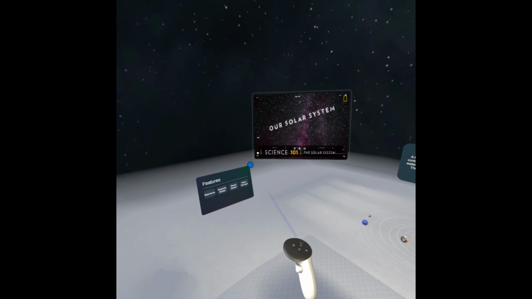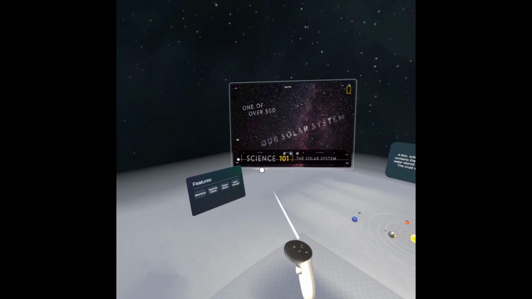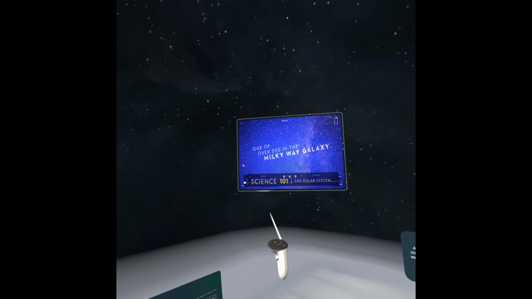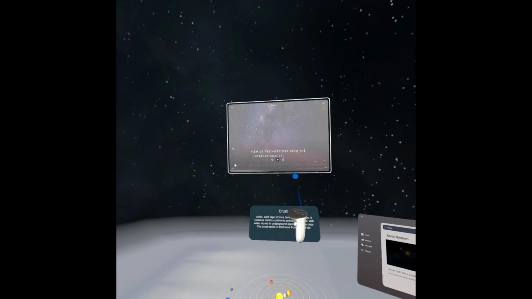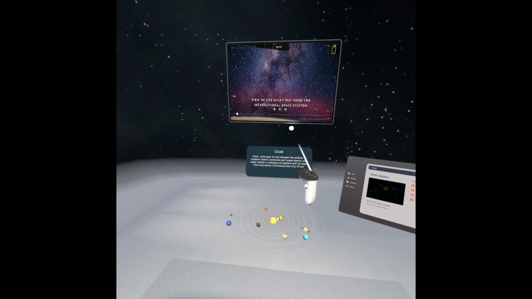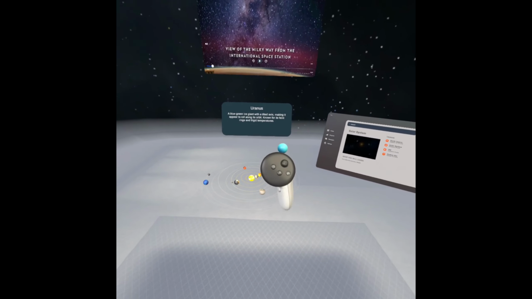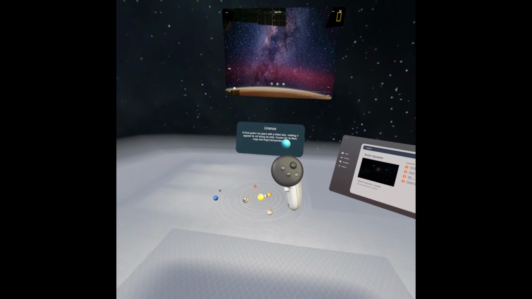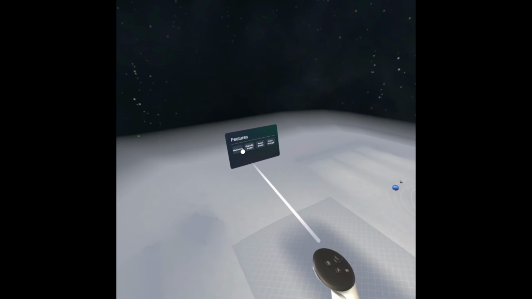Our solar system is one of over 500 known solar systems in the entire Milky Way galaxy. The solar system came into being about 4.5 billion years ago when a cloud of interstellar gas and dust collapsed, resulting in a solar